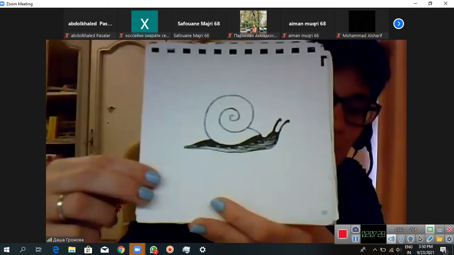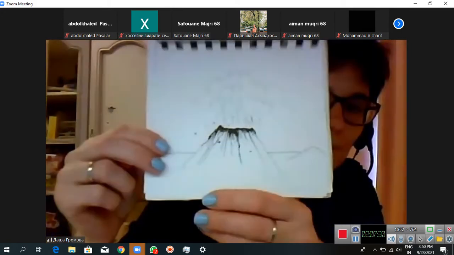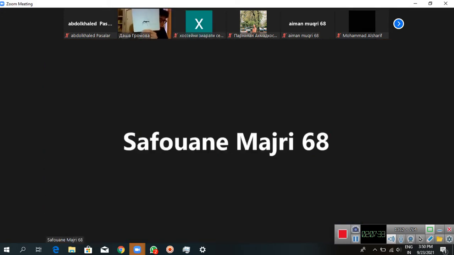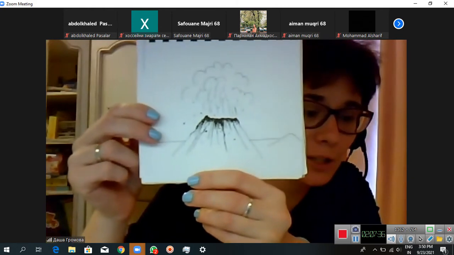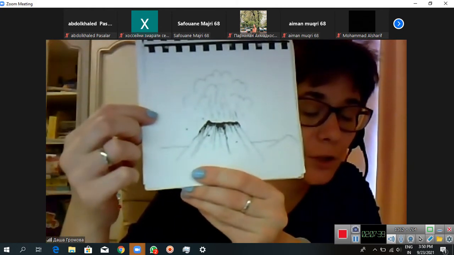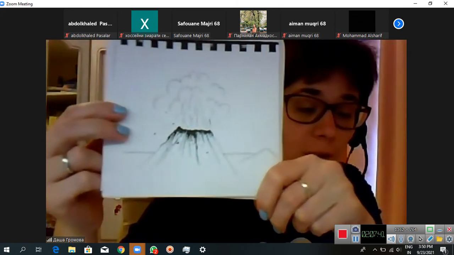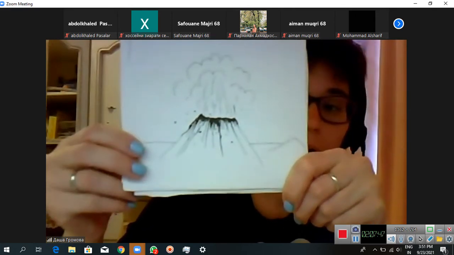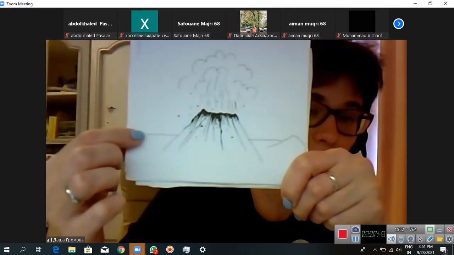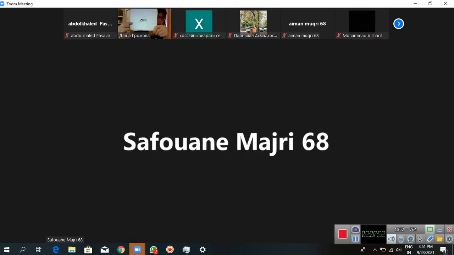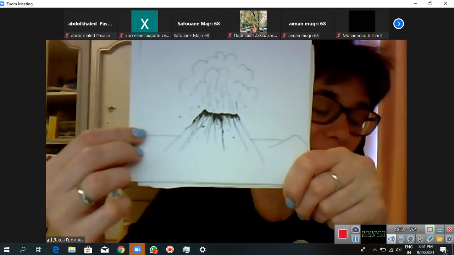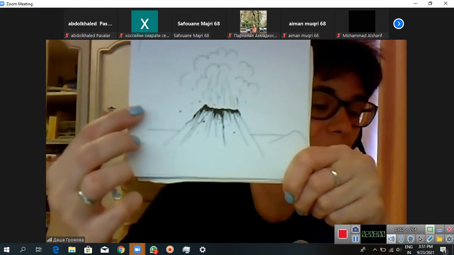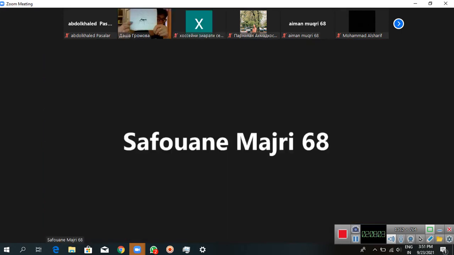Snail. Volcano. This is one of the favorite pictures of my Alzheimer's patients, because it's a very difficult picture for them. Patients who have visual-spatial agnosia and constructive apraxia, a problem with visual-spatial skills, will tell you that it is a skirt, or sometimes that it is a thunderstorm. For them it's difficult to analyze it.